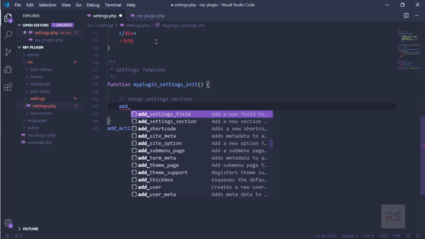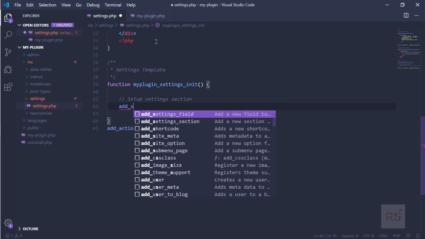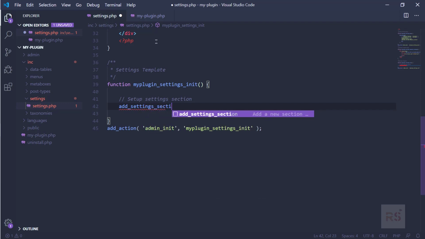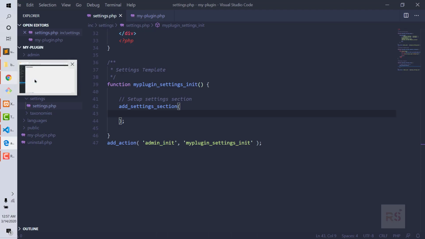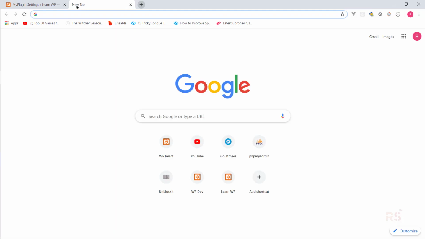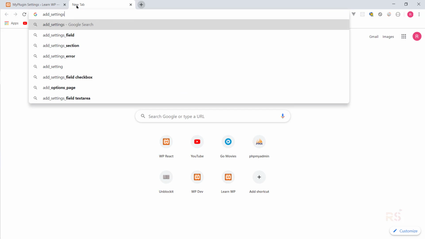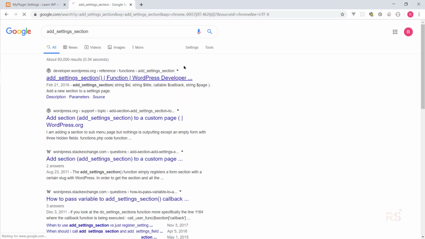So let's use add settings section, and it's gonna have some parameters. So let's open the browser actually and see the documentation first. So if we search for add settings section here and go into the first link,